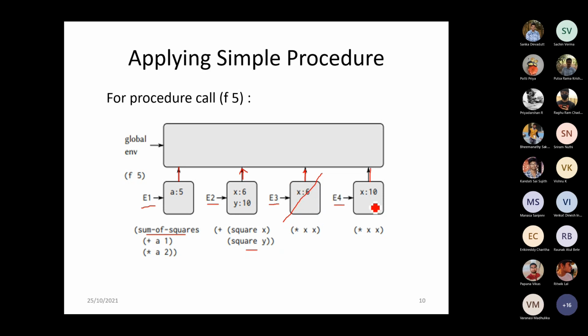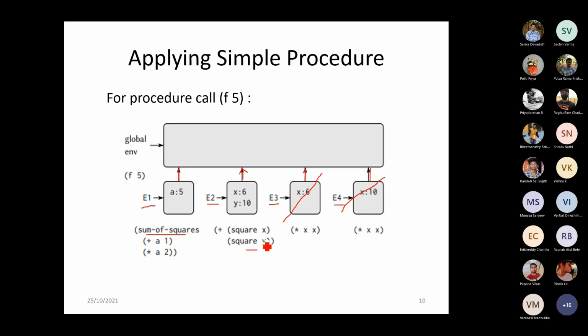After that, E4 would be created, assigning the x value 10. It will do 10 into 10. Once this is done, there are no more procedure calls from here, so this frame also would be released. After that, the multiplications that happened, that is 36 and 100, would be accessed through this global variable, because as I said, we are not going to see how the return values will be assigned. We are saying it will be internally taken care of. So 36 would be taken and 100 also would be taken and added.